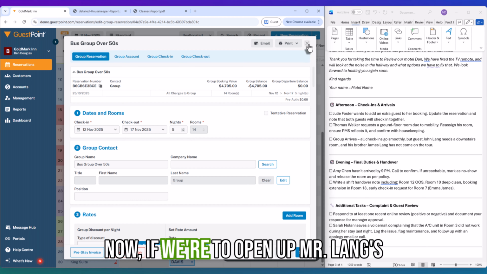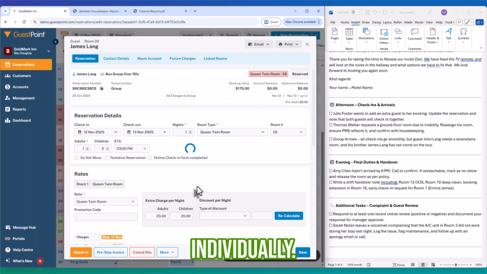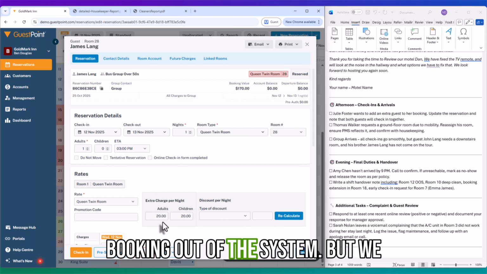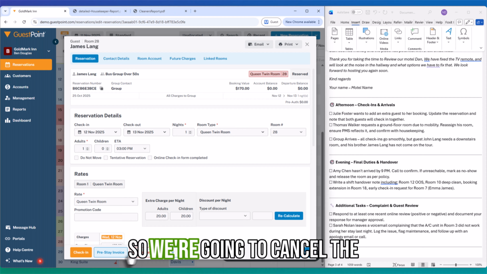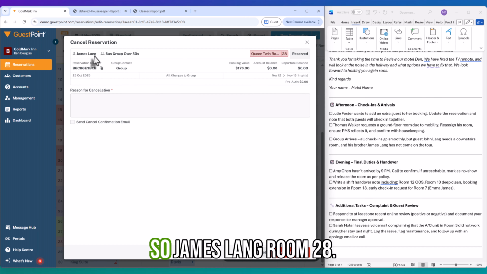Now, if we're to open up Mr. Lang's booking, we can edit the reservation individually, and we actually just want to cancel this booking out of the system, but we also want to charge for the night. So we're going to cancel the reservation. So James Lang, room 28,